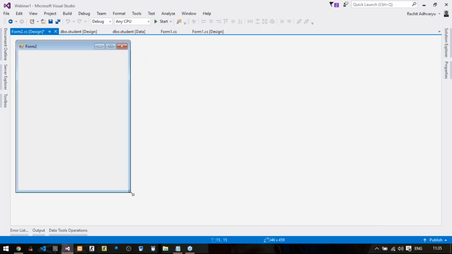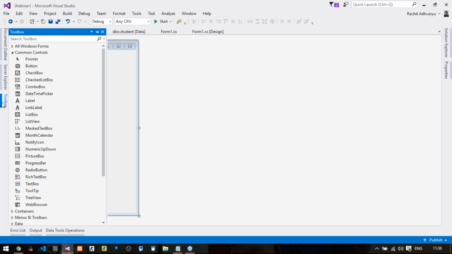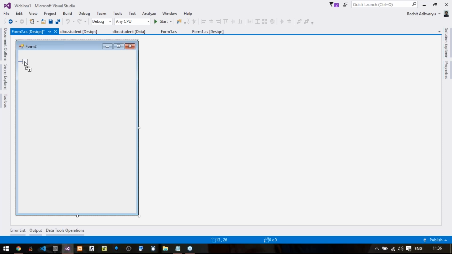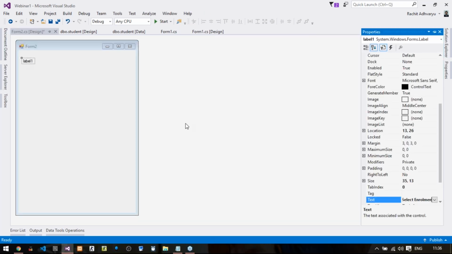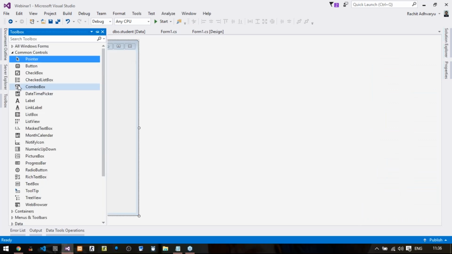Right. So what we want to have is a combo box. So we'll go to toolbox, click on a label, drag and drop here. I'm just renaming this text as select enrollment number, and I will put a combo box below it, or let us say here.